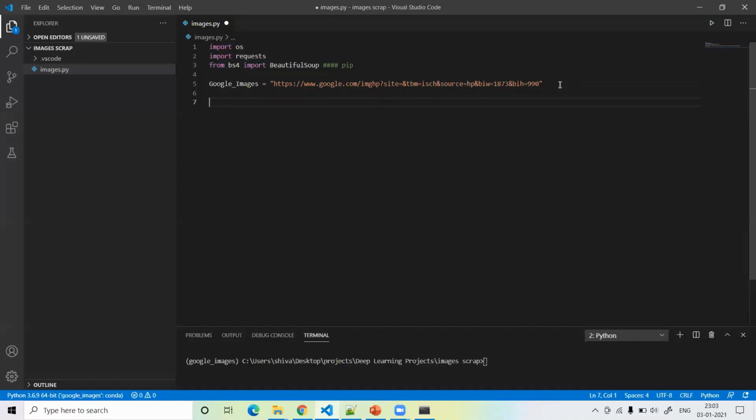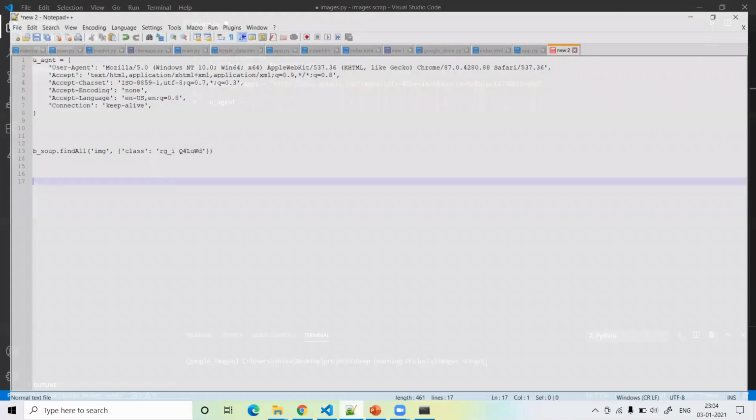After that we have to define the user agent. For the user agent, I already wrote this command.